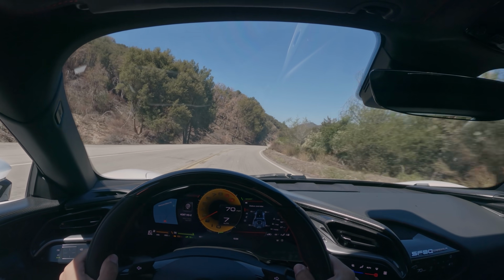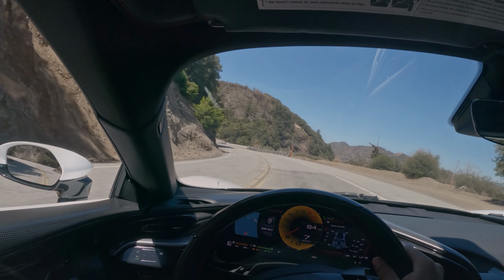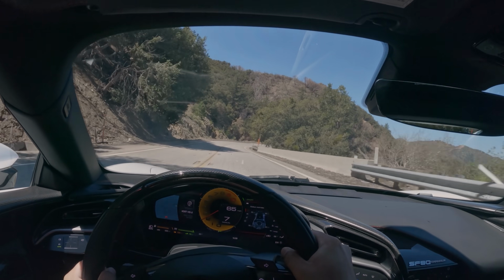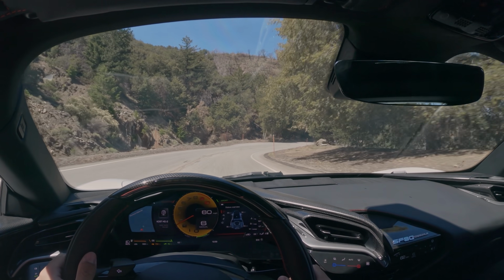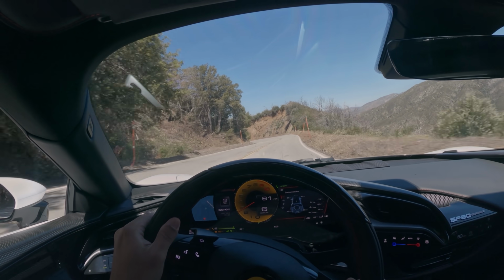So again, with this GoPro in front of my face, and with this not being my car, and with it being $750,000, I'm not gonna cane this today. We're gonna take it a little bit easier. But